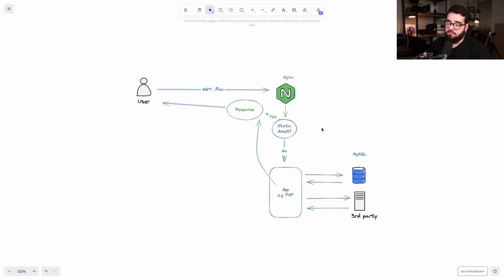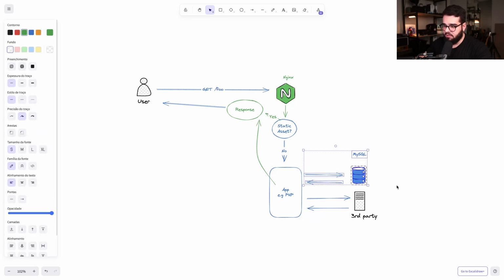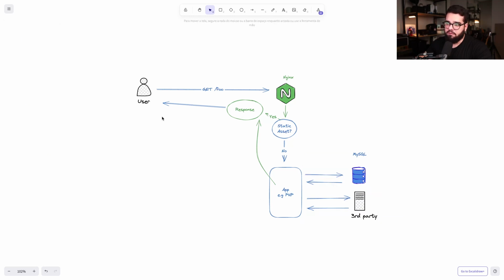If it's not, then maybe you're calling something like PHP, or you have an application server that's going to be called, and Nginx is acting as a reverse proxy. So in that case, you would talk to something like, let's say, PHP. PHP would then talk to maybe a database, maybe some third-party APIs, and then it would give the user a response back. So let's say that you have this application, fairly standard. You have a database, you have clients, you have third-party APIs,